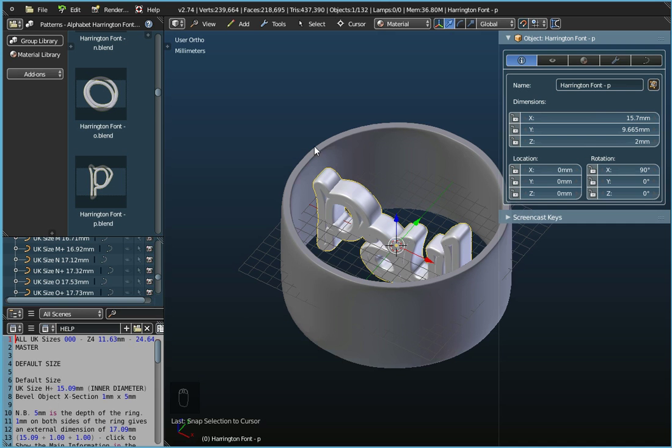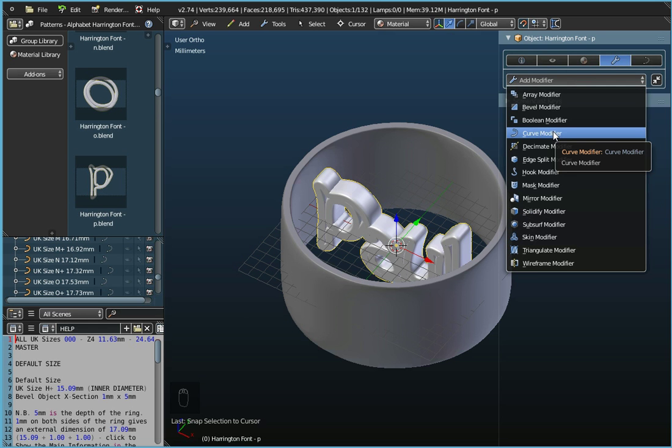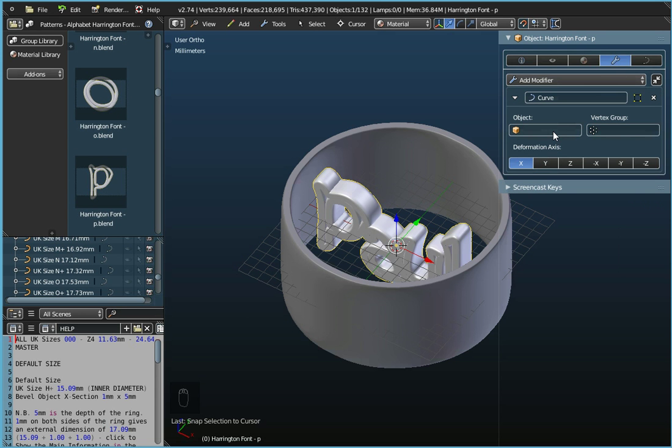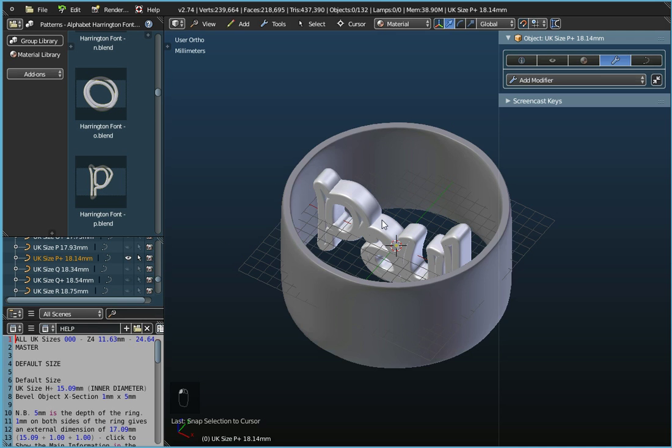Now what I want to do is to wrap it around the ring. And we can do that by using a modifier. And the modifier that we use is a curve modifier, because that's essentially what we want to do. We want to curve this word Paul. And the object that we want to curve it around is actually the ring itself. And if we just highlight the ring, so the ring is UK size P+. So what we're going to do is we're going to wrap Paul around